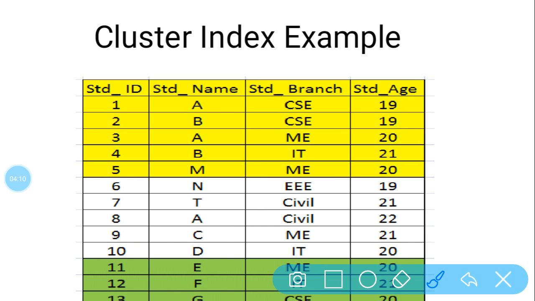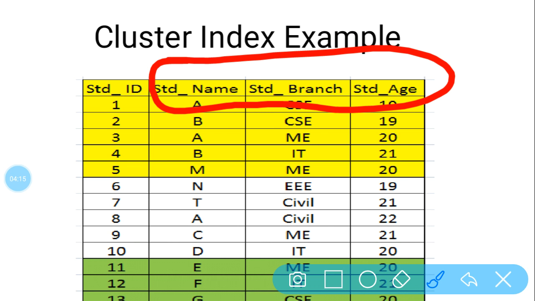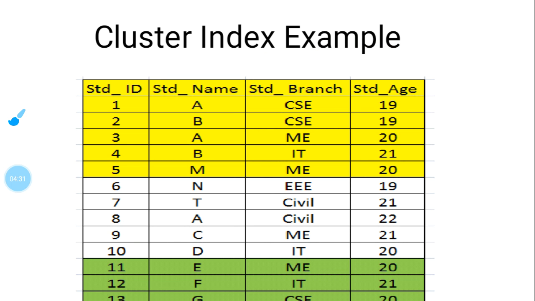As per cluster indexing, we are free to use any one non-prime attribute for the index table. In this example, student name, student branch, and student age are the non-prime attributes apart from student ID. The student ID is considered the primary attribute for that particular database table.